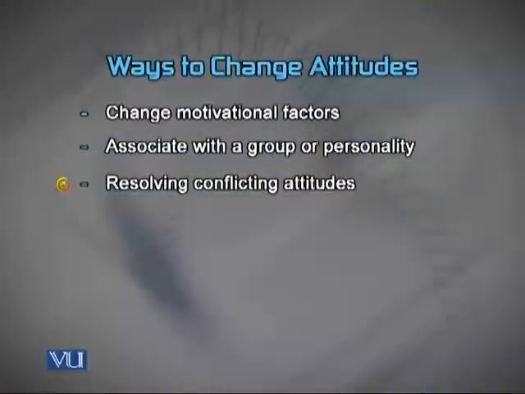Third is when there is a conflict between attitudes and the marketer knows that this conflict exists. And remember, all this discussion about attitudes and behavior relates to the fact that we normally cannot directly influence the behavior. It must come through a change in the attitude. Now, we should be able to understand that sometimes, for example, I'll give you an example about a product and then see what conflicting issues we are talking about.